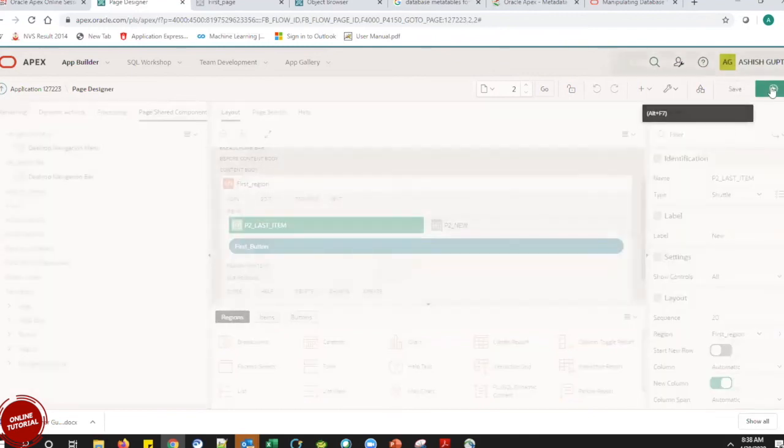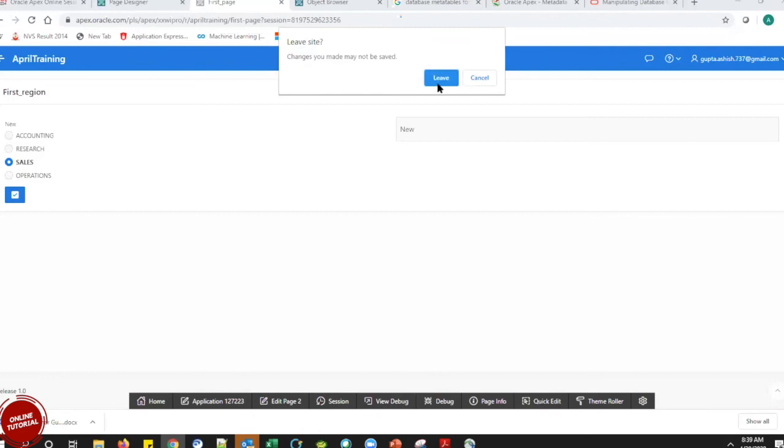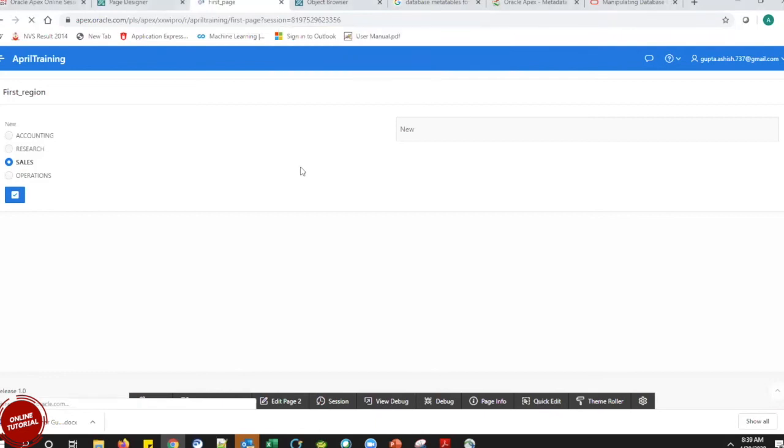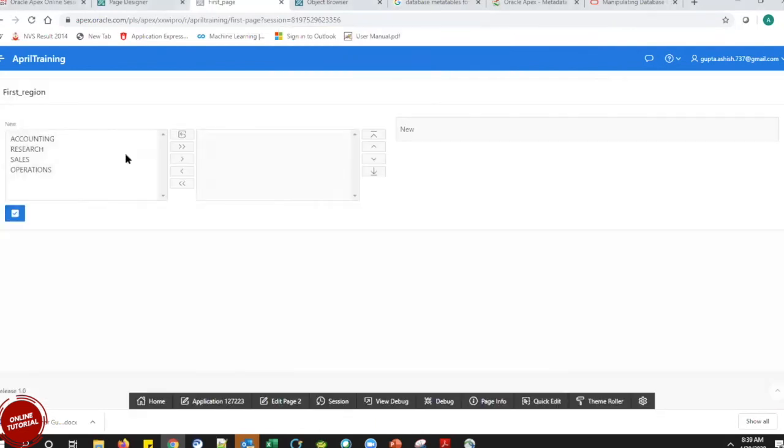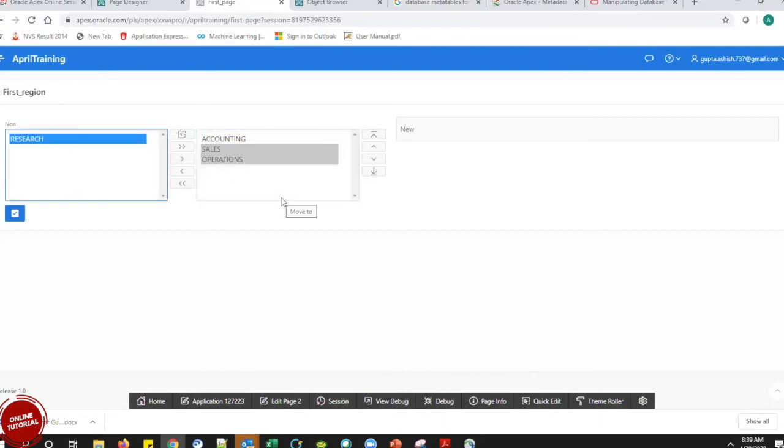Shuttle is like where we can move values from one set to the other set. So I can select all of these values at once. See, I can select these 5 values and I can move all of the values here. So this is what is shuttle. I can either do one of them or I can do all of them. We call it shuttle.